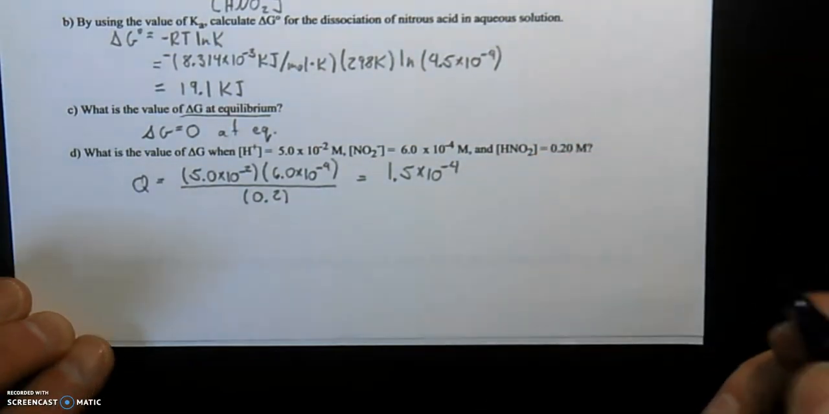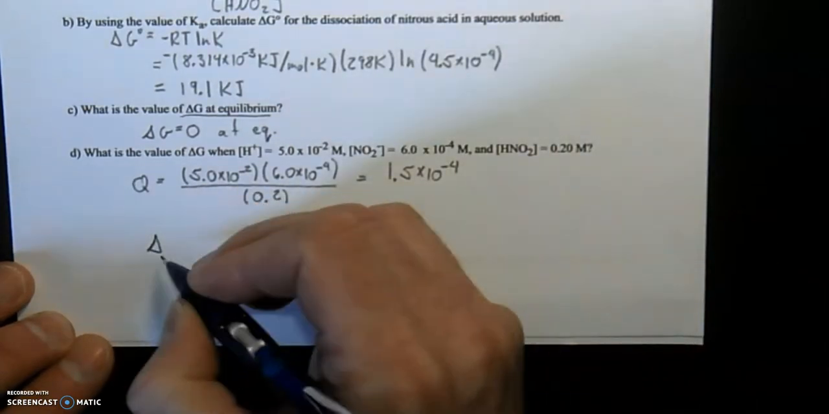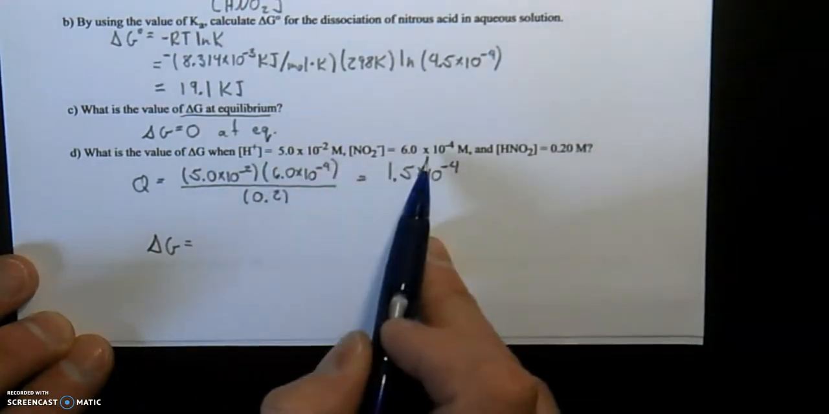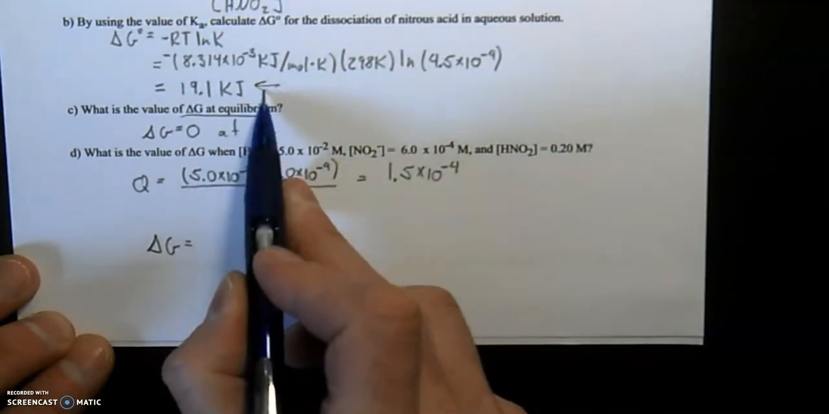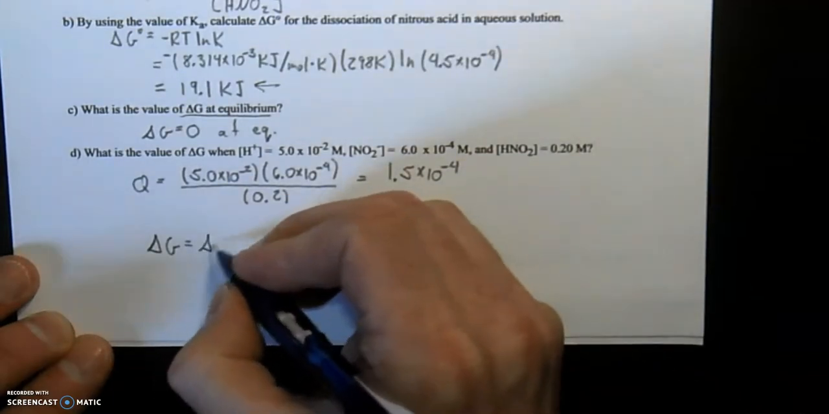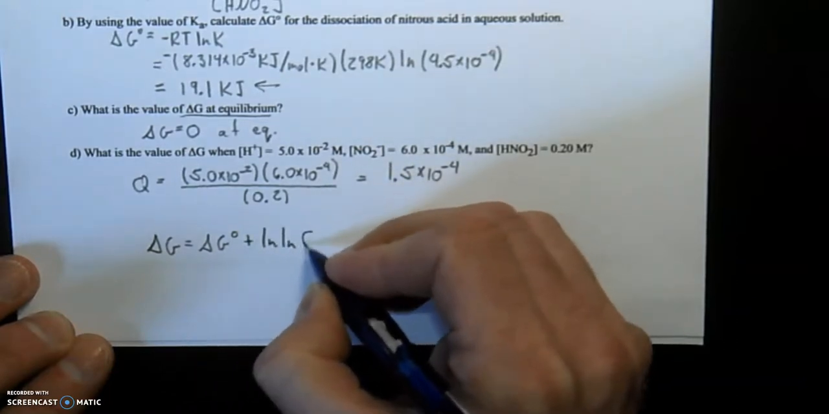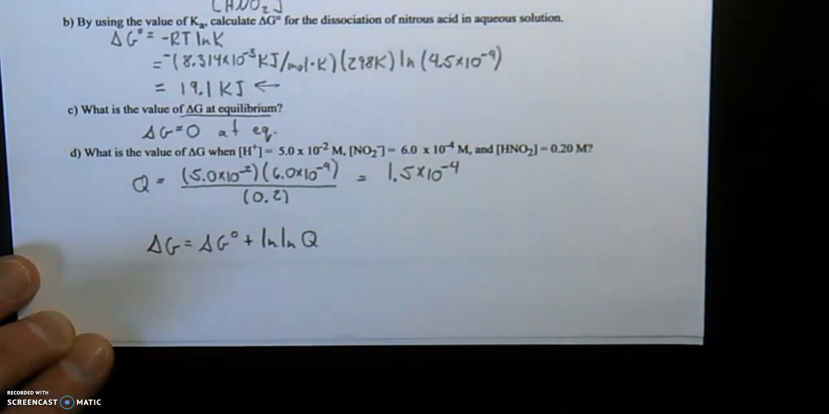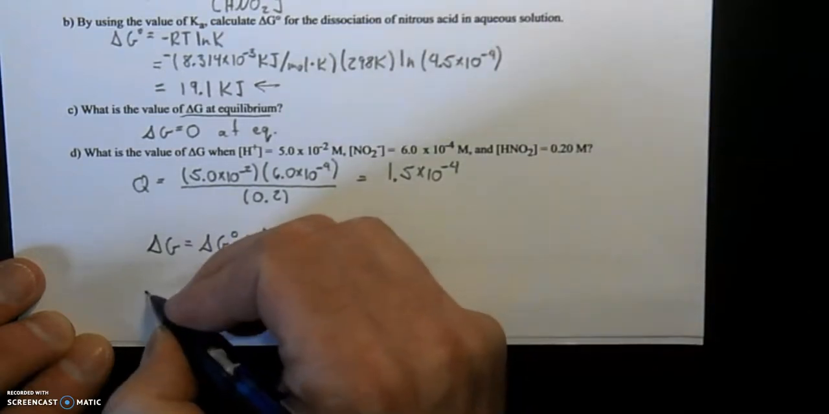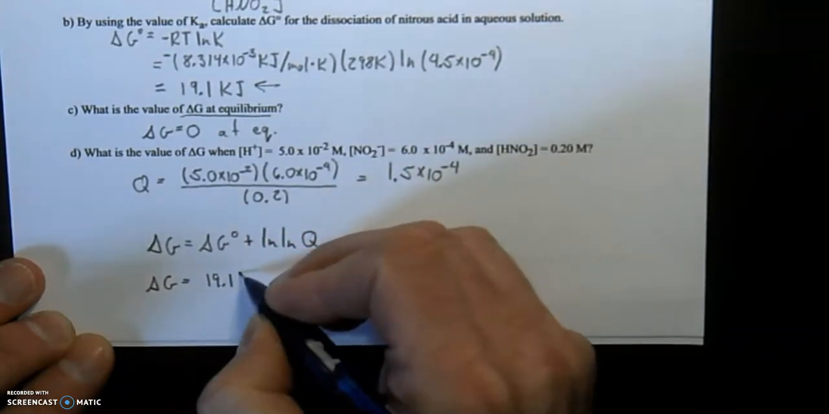All right, so we have this information. Again, we have previous information, and we want to figure out what it is at these non-standard conditions. But we have the standard conditions right there. So we're going to incorporate this into the non-standard equation right here and solve with the Q information we just got. We use this under non-standard conditions. Solving for this, we have 19.1 kilojoules